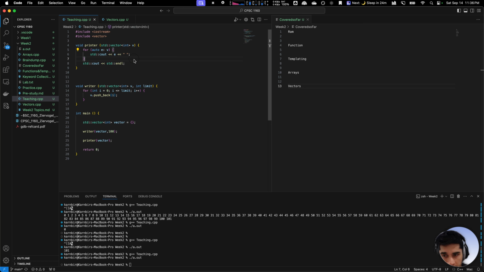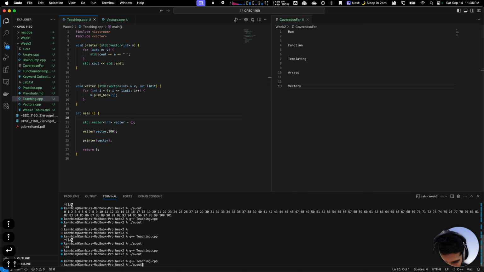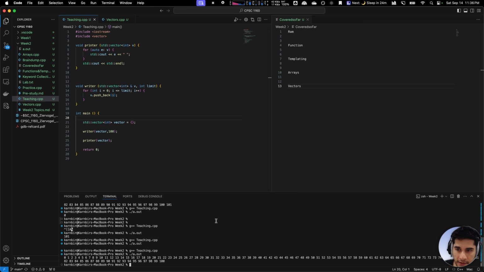So the way to fix that is to use ampersands. So if I do an ampersand, let's see if it does anything. Cool. So as you can see, by just putting an ampersand, it'll actually start to print out everything. It will make sure it doesn't copy. In fact, it just refers. And yeah, I think that's about it. I think that's all that we learned